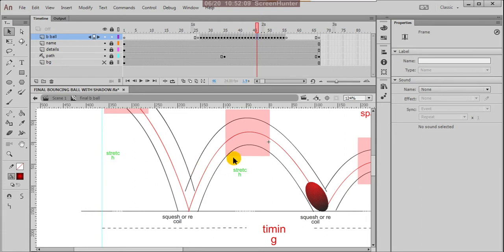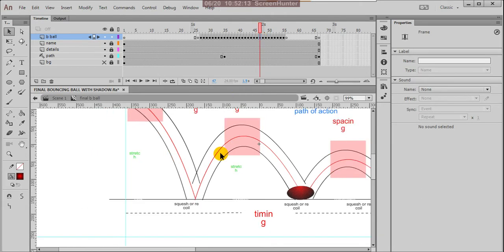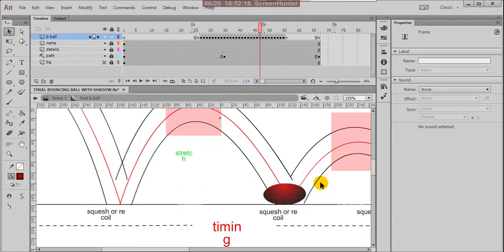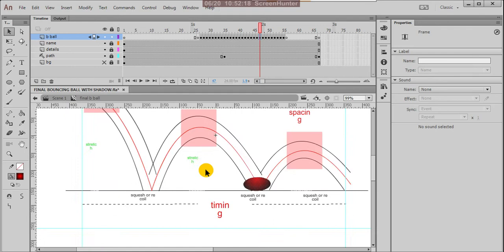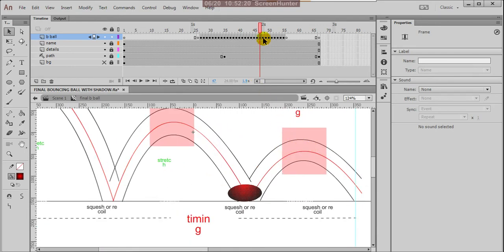Then it flattens, which means squash or recoil again, and again it is simply getting into the air with the stretchiness again, and slowly the stretchiness is morphing into a bit oval shape, and here it is full round, and again it is a round.